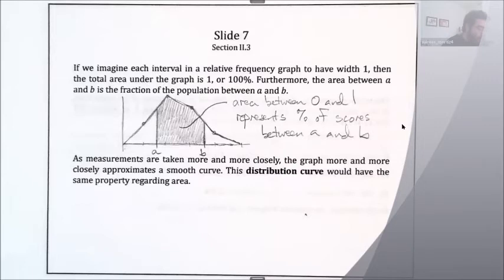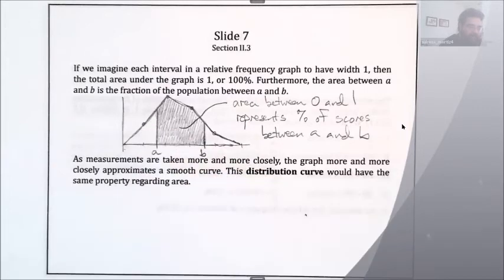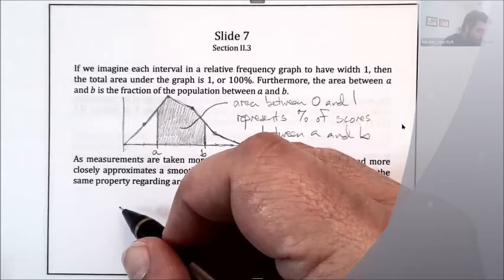Now, in the study, as measurements are taken more and more closely, think, for example, instead of talking about grades on an exam, we're talking about heights to the nearest inch, or the nearest half inch, or quarter inch, or eighth of an inch. So as you make your measurements more and more closely, the graph becomes smoother and smoother. These little angle points get closer and closer together, and so the graph tends to smooth out. So you end up getting this smooth curve,